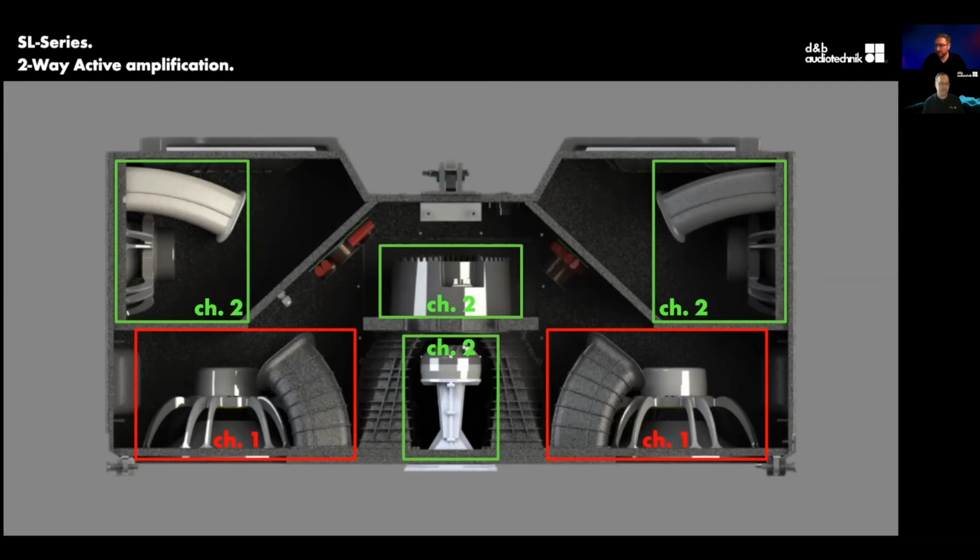But this also helps us do a couple of things. If we draw a line from our side firing drivers right across to the other one there, we'll see that everything is already on channel 2 timeline. And then by having channel 1 separate, we're able to then go ahead and do any alignment in there. So really trying to, as much as possible, fix everything in the box before we have to do anything more with the DSP. So more PSP, as Chris said, plywood signal processing, versus a DSP.